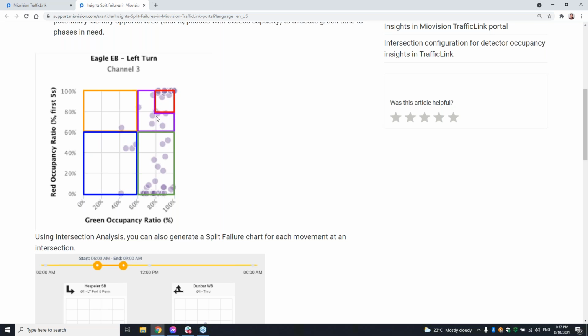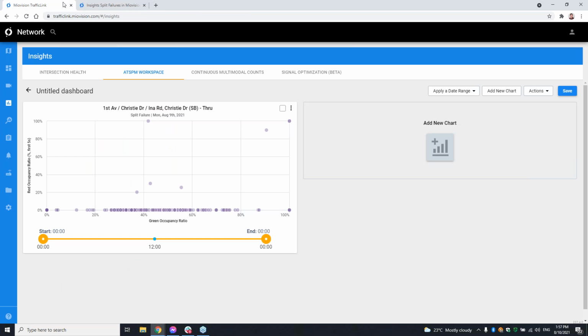Basically what we do is take this for every cycle at the intersection, for every phase at the intersection, and make sure that we classify every one of those time blocks. Then we add up how often that happens at an intersection through these plots, and turn that into trend level information in the intersection health to determine where this is happening too frequently.